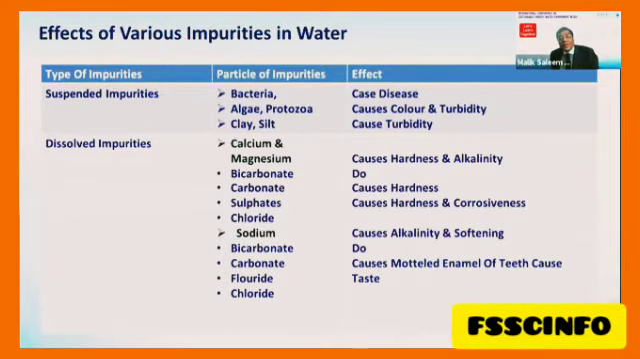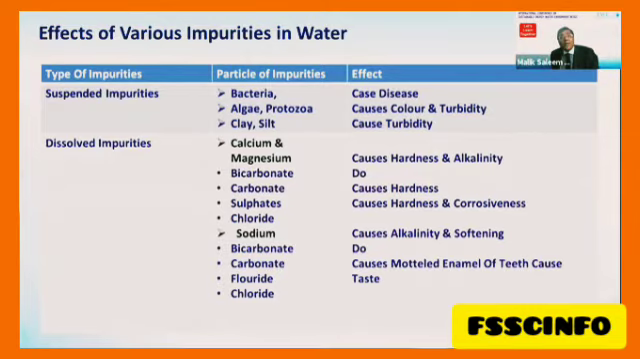And I have summarized, for the information of those who are interested to learn why to treat the water, a slide in which I try to give you some idea about the effect of various impurities in the water. Suspended impurities include bacteria, algae, protozoa, and clay silt. You can see the bacteria cause diseases, algae cause color and turbidity, clay and silt cause the